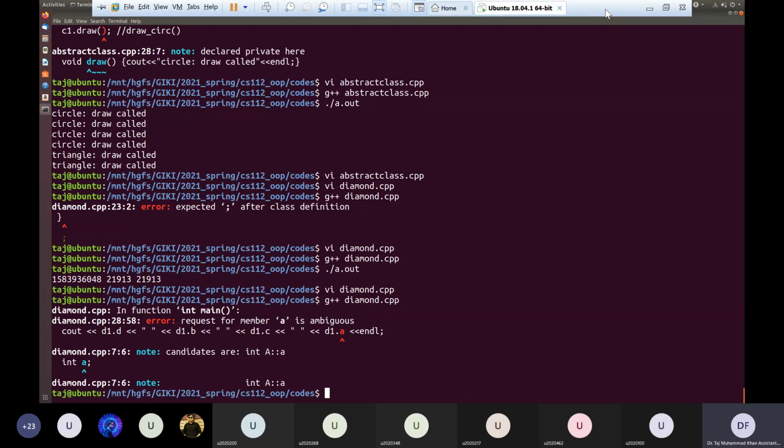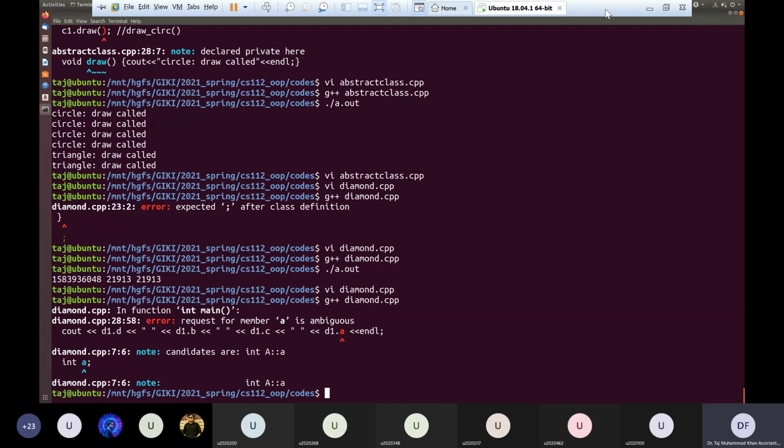The same thing will apply to functions. If A had functions and you called that function on the class D, then there will be two paths to access that function in the class D, one through B and the other through C. So the compiler will again tell you that it is not able to decide which path you intend for it to call that function.